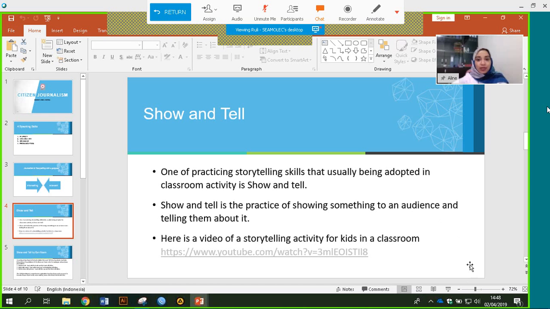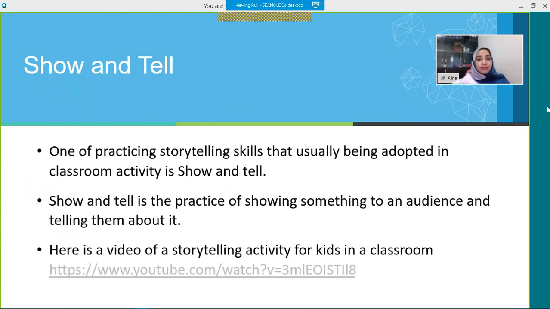Okay, so that's basically about show and tell. It's a very fun way of learning English, usually about public speaking, and you can do it with your friends in a small group, taking turns showing them whatever you want to show them that is of your interest. It makes the practice more interesting, and because you do it in a fun way, on the other side you also learn how to do public speaking in a fun way.